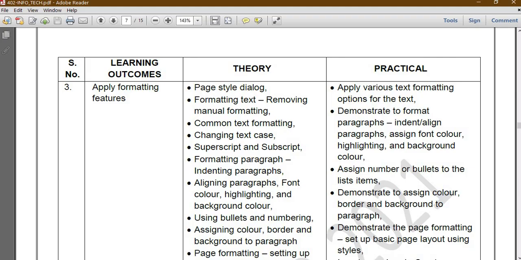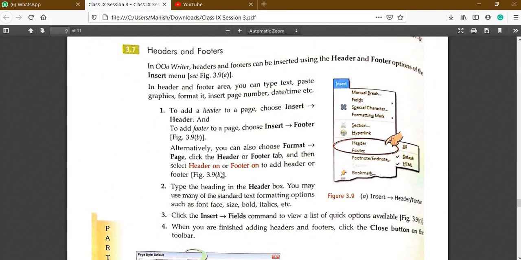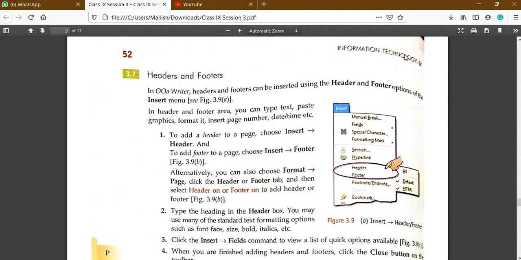Next is header and footers. So that you all know what is a header and footer. Header and footer can be inserted using page header and footer. So header and footer is an area where you can type text, paste graphics, format it, insert your page number and date and time.